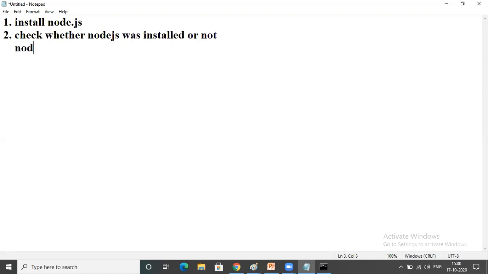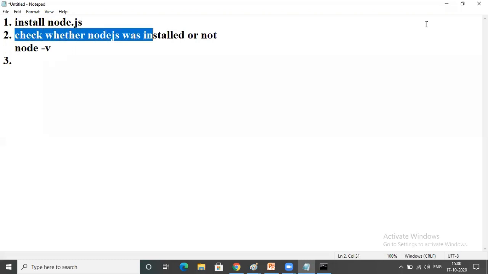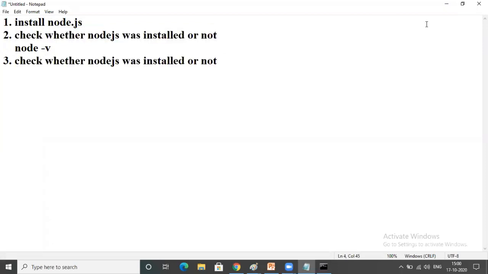For that you have the command node -v, and then step number 3, check whether npm was installed or not. Yes or no? The command you can give is npm -v.